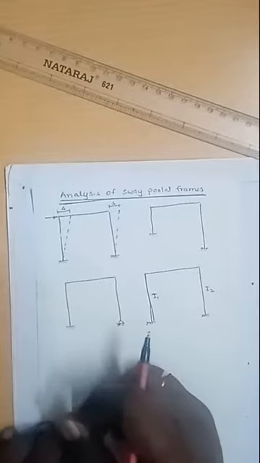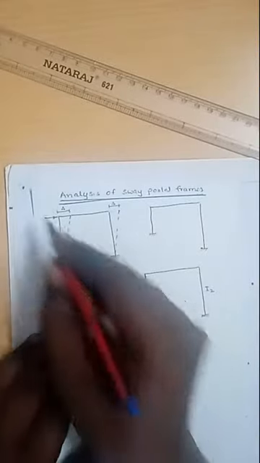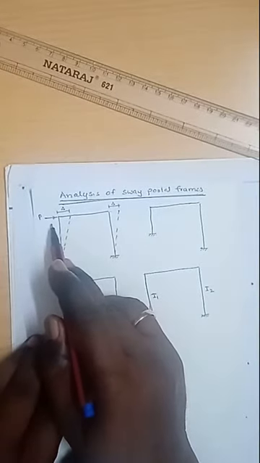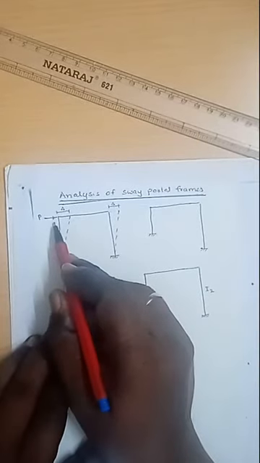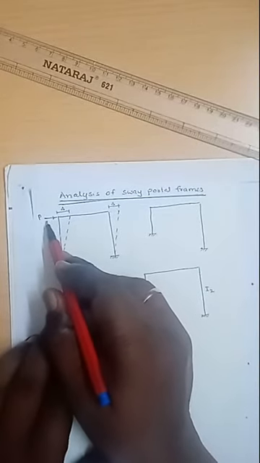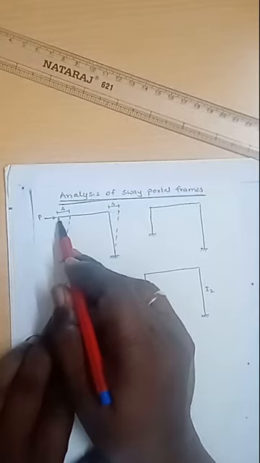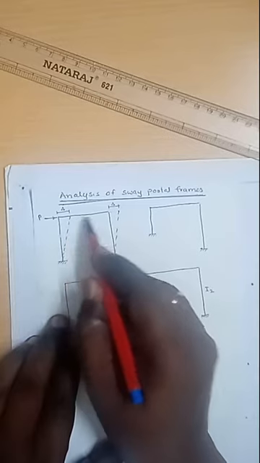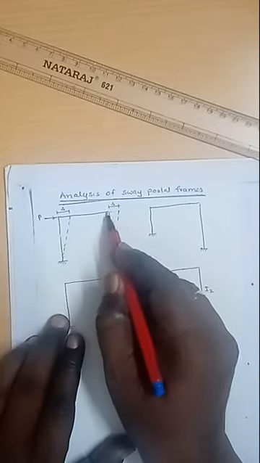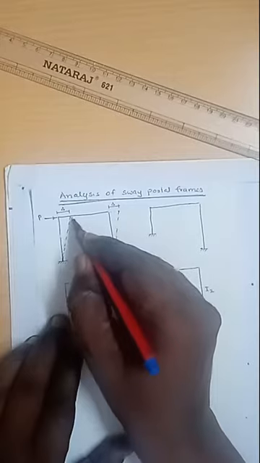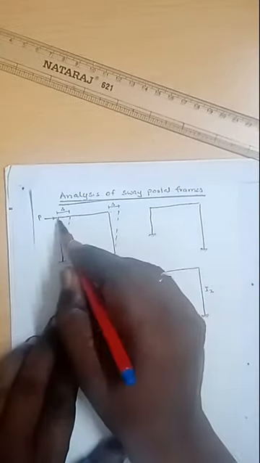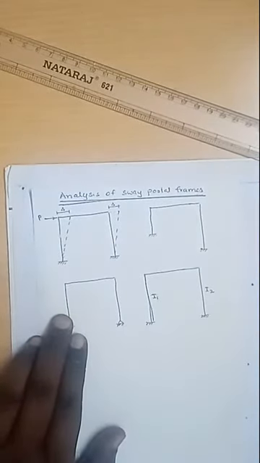Here, by observing this figure 1, that is a portal frame, this one is subjected to a lateral force at the joint. Then, due to this lateral load at this joint, the horizontal member is displaced to a new position like this. Only the vertical members will get the deflection in the vertical direction. Here there is no horizontal deflection like in a continuous beam.